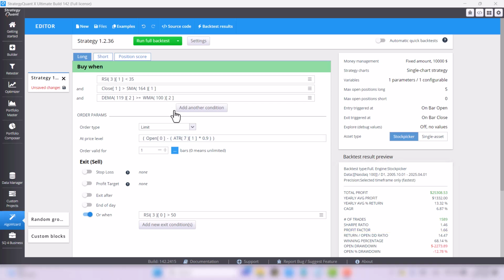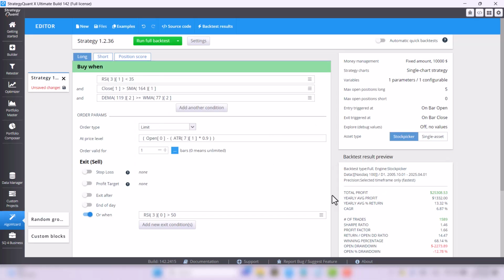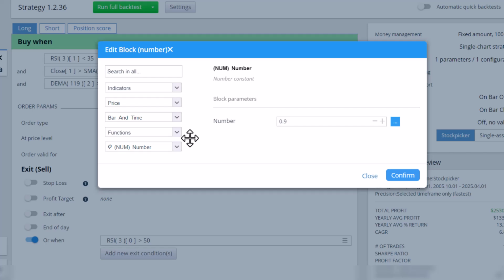So I can just reset the number back to the original 77 and save it. I'm going to test another parameter, and that's the level at which we are going to enter. We have here by default 0.9, and I will try 1.3.